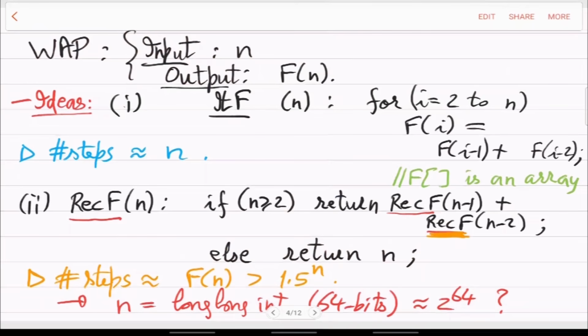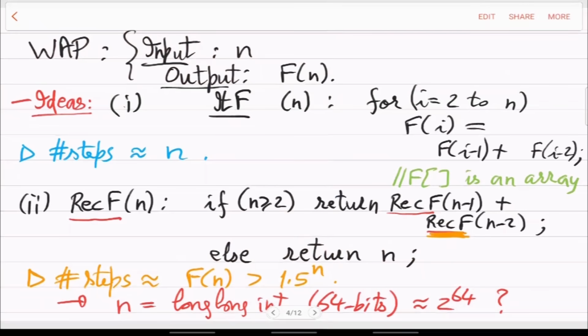So the first example we picked is this famous sequence of Fibonacci numbers, which is given by, you start from 0, 1 and then you add the previous 2 to get the next number. We showed that this is growing very fast. Okay, so the 100th number in this sequence is at least 1.5 to the 100. Okay, so it grows very fast. This is called exponential growth.